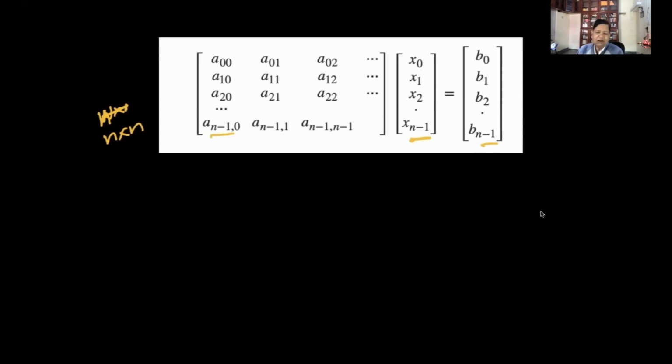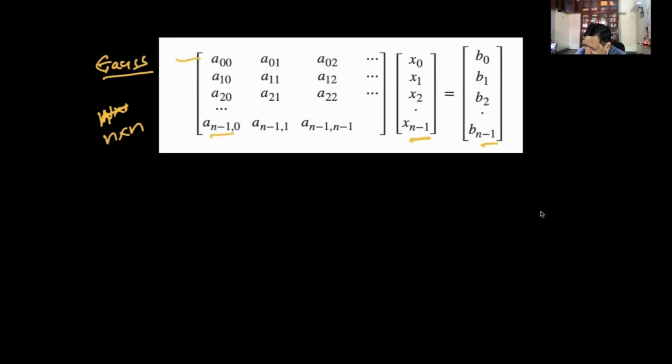If you solve by the standard method using A inverse, you need to find A inverse, which in standard algebra textbooks is written as the adjoint divided by the determinant. If you compute the adjoint and determinant, it's order n to the power n. It's very expensive. So Gauss, the famous mathematician, came up with an algorithm which is order n cube.